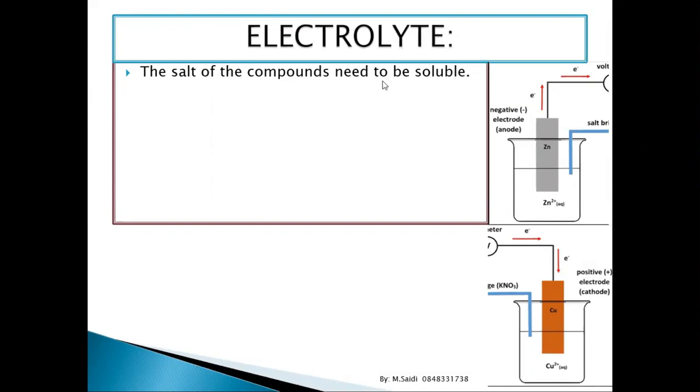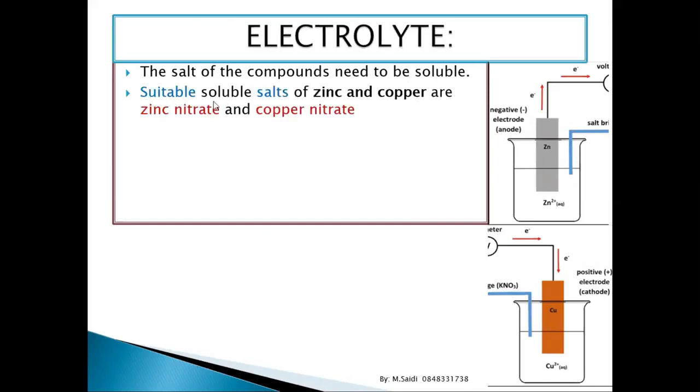The salt of the compounds needs to be soluble. It means that they need to be able to dissolve in the solvent, for example, water. The suitable soluble salts of zinc and copper are, for zinc, it's better to use zinc nitrate. When you're talking about the chemistry of nitrates, all nitrates are soluble. They are able to dissolve. And the copper nitrate,